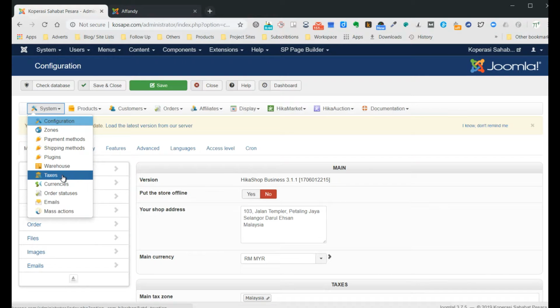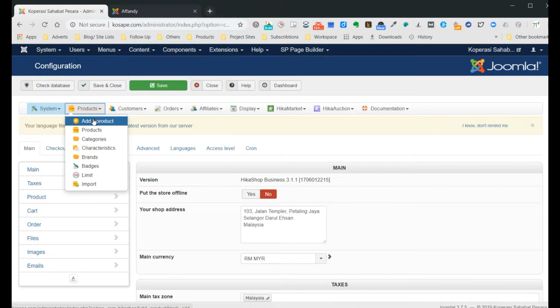You also have to set up taxes, and you could set up different currencies if you want to sell overseas. For product itself, you want to define your product, you want to define categories, you want to define characteristics, you want to define brands, you want to perhaps put badges on the product. Say for instance, this product is going on for 5% right now, it's going on for 10% right now. You want to create badges to put beside the product to show that they are going on